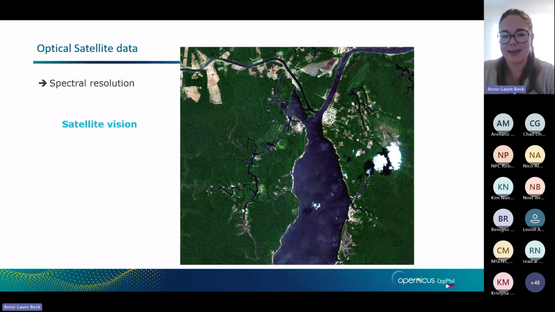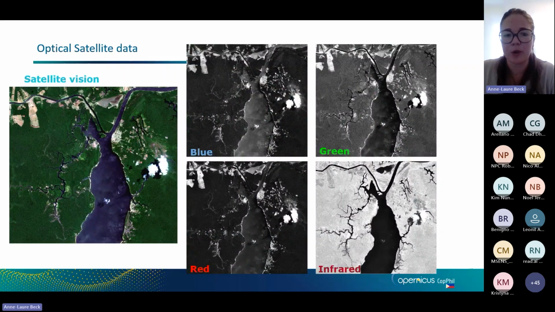But the satellite data doesn't take that picture. This is a reconstruction. How the satellite is working is taking pictures on specific wavelengths. So here is the image that is being acquired in the blue, and each pixel will have the reflectance value, the intensity of the reflectance for the blue channel. So taking all those different bands together, blue, green, red, infrared, we can then build an RGB view using all